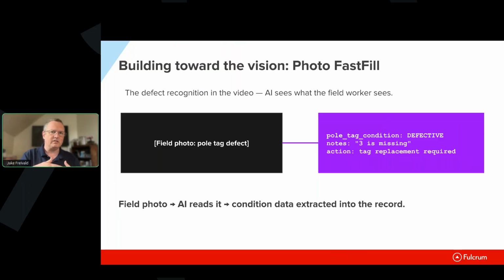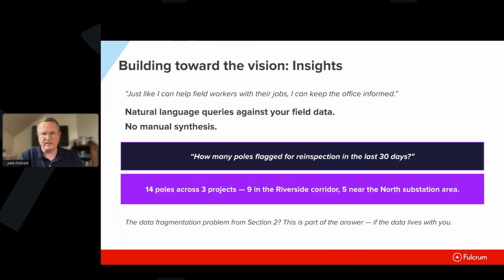But there's so much more to go here as far as vision capabilities with AI, such that you can look up and see, or take a picture of, in the short term, the top of the pole and see if there are any insulator defects, that sort of thing. We've got a lot of people who are working on this process right now. So this is another building block. How do we take visual information and turn it into structured information for your business process, for the field?